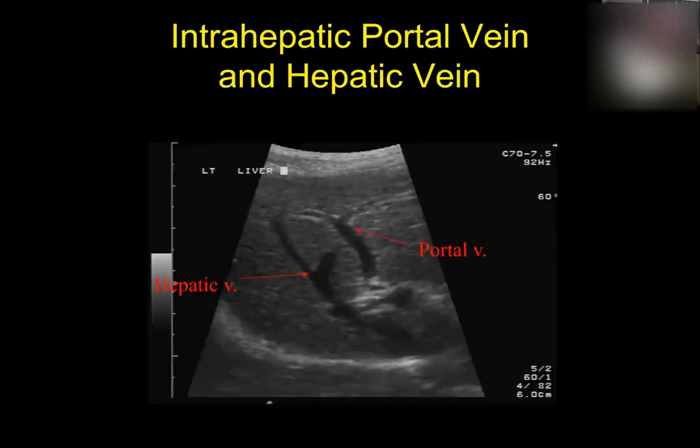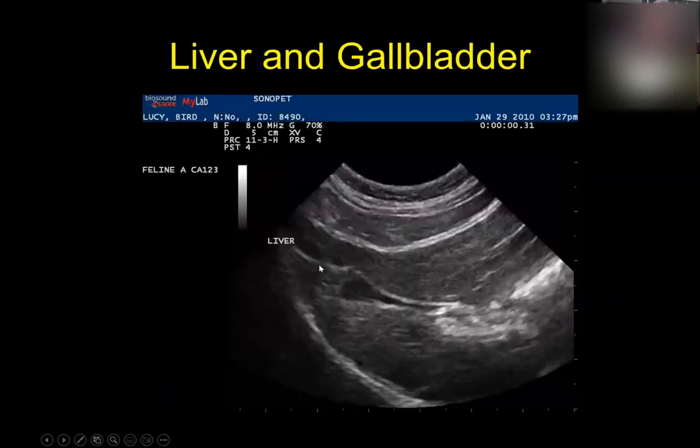And the cool thing is sonographically, typically you can tell the difference by looking at them. And it just so happens that portal veins tend to be the vessels that have white walls. So here's a branch of a portal vein here, it's got white walls. Hepatic veins are just black. They don't have white walls. Okay, so by looking at it, if we go back to this picture here,